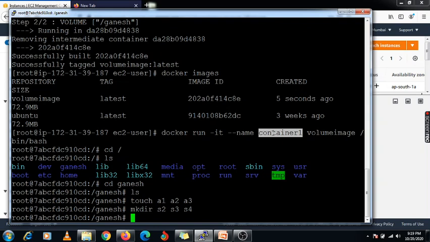Now we can share this container with another container. So now we are going to create another container.